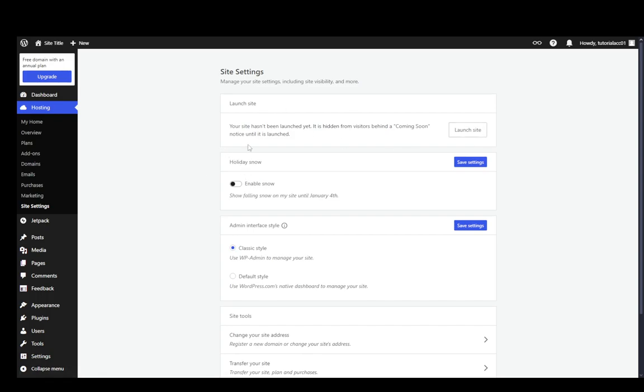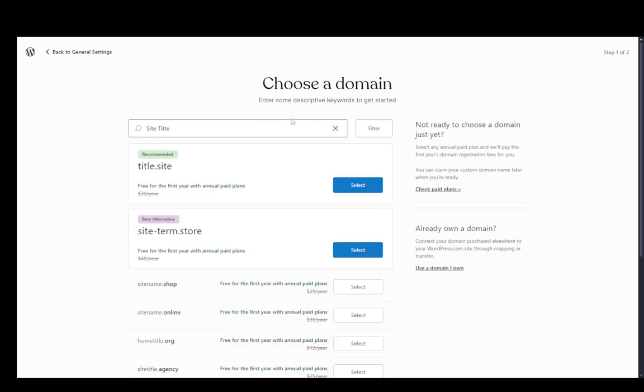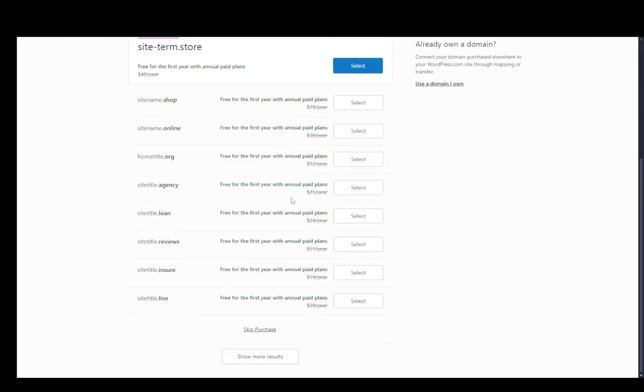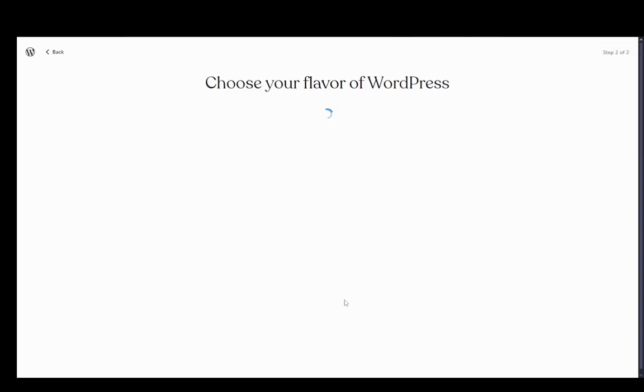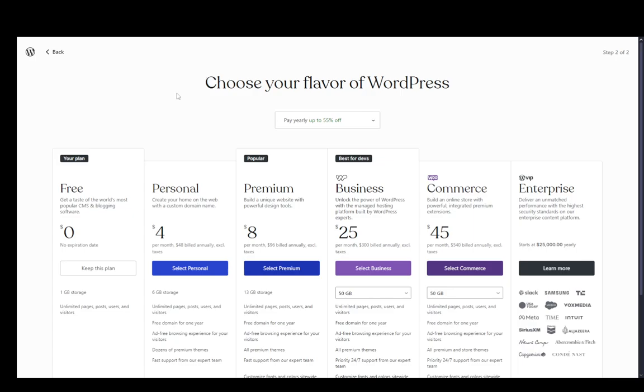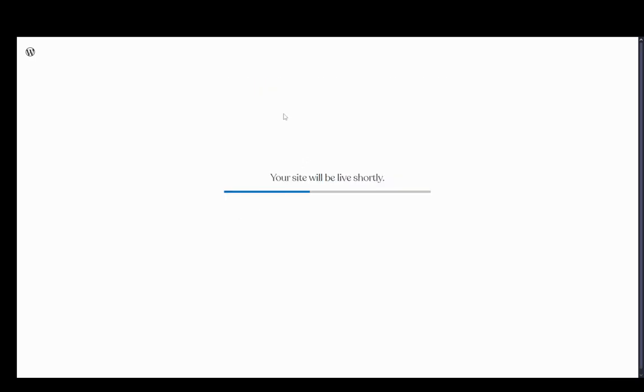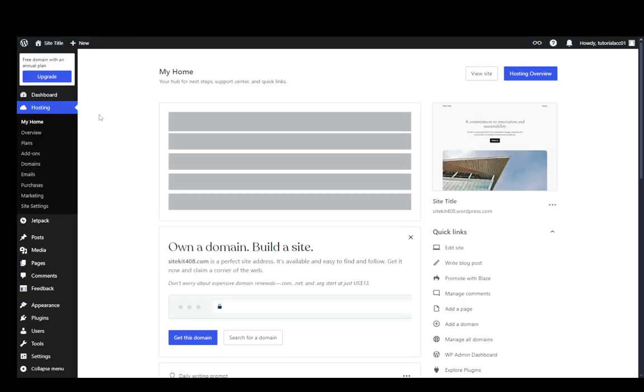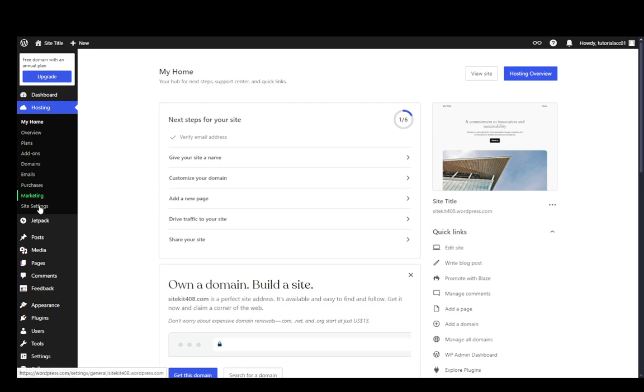And now, first, if you haven't already, you need to launch your site, which I'm going to do right now. I'll just skip this purchase. And after that, it should allow me to launch the site. There we go. And now that the site is live, we can go back into hosting, go back into the site settings,